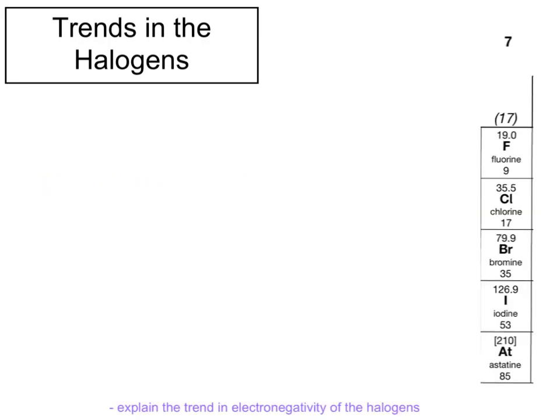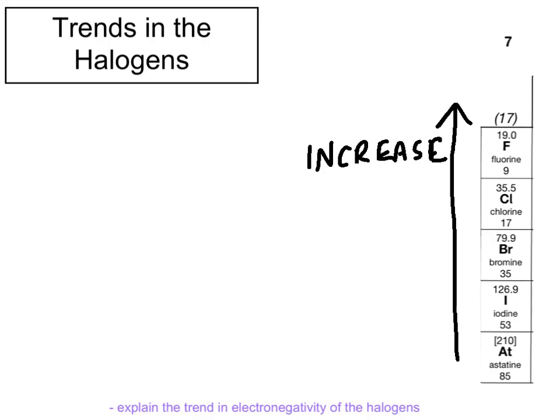So the first trend we're going to talk about is the electronegativity trend, and we know from our work from Chem 1 that the electronegativity of the elements in the periodic table increases as you go up the groups. And the reason for this is due to the proximity the electrons can get to the nucleus as you go further up the group. As you go further up the group, there are less shells of electrons shielding the nucleus, and so that nucleus is more attractive to the electrons in the covalent bond that may be formed between the two elements involved. So to explain this increase in electronegativity up the group, you'd say that there are less shells